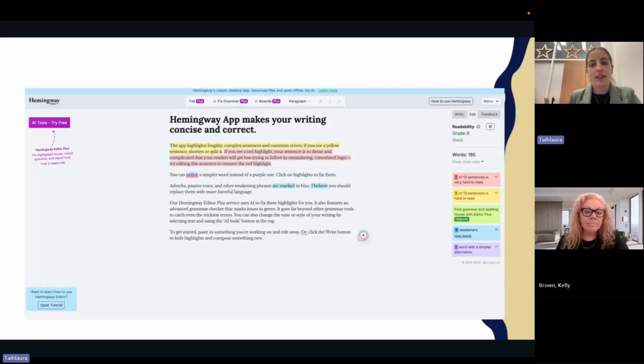And then Hemingway. So this is a tool where we can actually add our writing to it that we have done, and then it will give us a readability score. So for example, on the right-hand side here, you can see that the readability is a grade 8 and that's come back as good. So what this tool wants us to do is to make sure that we've got that level at a good level so that anyone can jump on there and understand it.